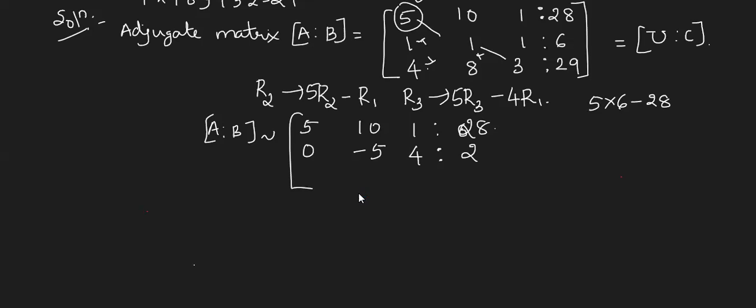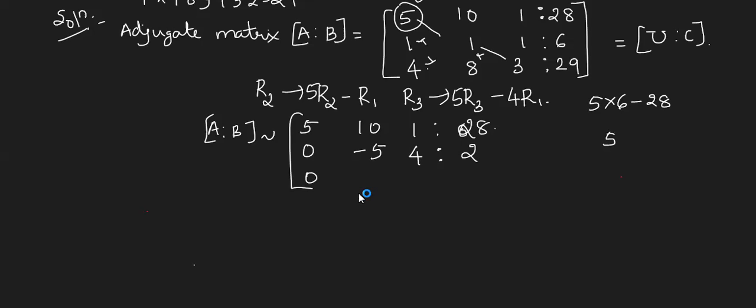Next. For the third row, let us apply this. This is obviously 0, not to worry. Now for the next set, we have 8. Corresponding to 8, tell me which is the R1 element to be taken up. 10. So it is 8 and 10.